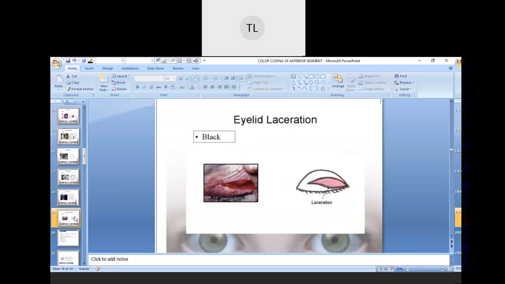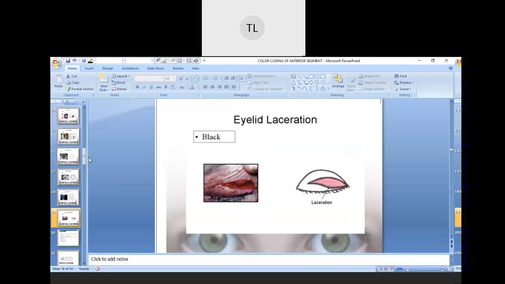Okay, so next we have is the eyelid laceration. Basically, the eyelid laceration is when the tissue of the eyelids gets torn off or cut. It may be because of some kind of injury. In that case you can draw the diagram like this. At the center we can see there is blood, right? That portion you will do with the red color, but the border of that laceration, that cut, you have to draw it with a black color only. Okay, so we are done with this till now.